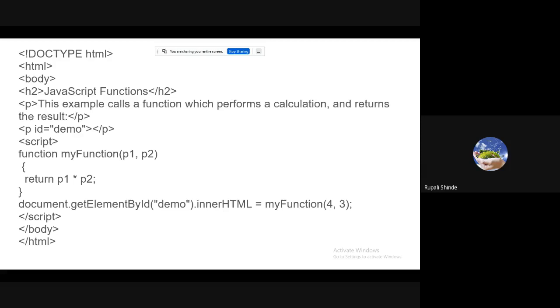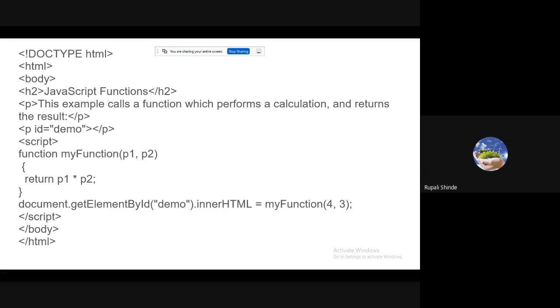Now we have a simple example regarding the function. We just have to execute it, and it will make clear what a function is and how it is defined. Here we have HTML code, then the body tag, then a paragraph tag whose ID is demo, because to display the value we are going to use that paragraph tag. Now in the scripting language, always include your script in the body.